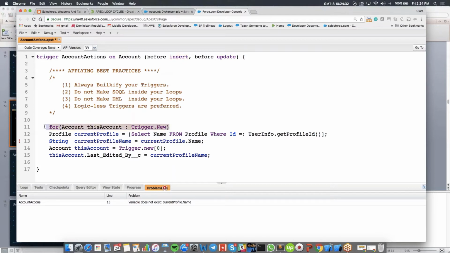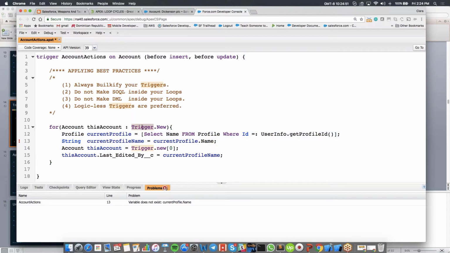Okay? So coming back to the bulkifying part, we're doing a for loop to go over the set of records that are either being inserted or updated, and we're going to perform the logic for each account in this collection. For each account in Trigger.new, this code statement is going to be